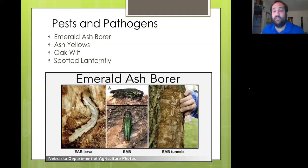Pests and pathogens, again, for the reasons I said, climate change can exacerbate this. It can allow pests and pathogens that otherwise couldn't deal with the climate. Although again, it's not necessarily the cause, and there are things that absolutely have been and could be here regardless. But some of the big problems we're having in the park now are emerald ash borer, ash yellows disease, oak wilt, and spotted lanternfly. If you look on the bottom here, the emerald ash borer was recently discovered within Prospect Park. It's been in the United States longer than that. It is devastating to ash trees. It can wipe out entire